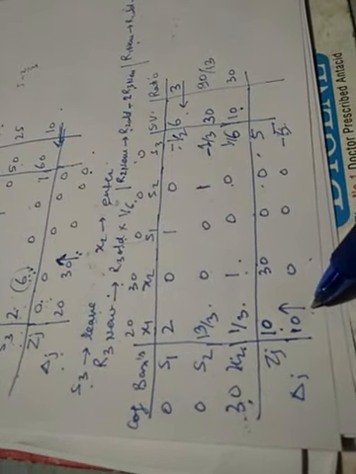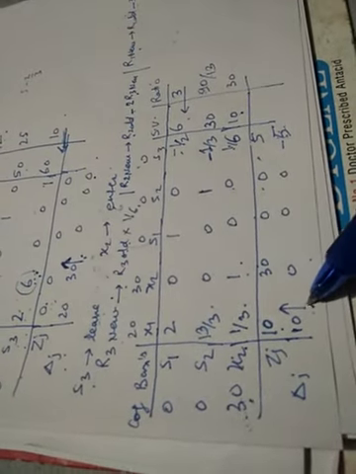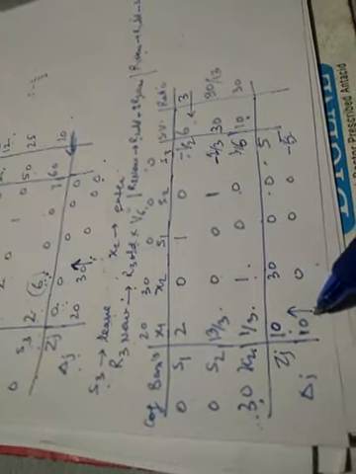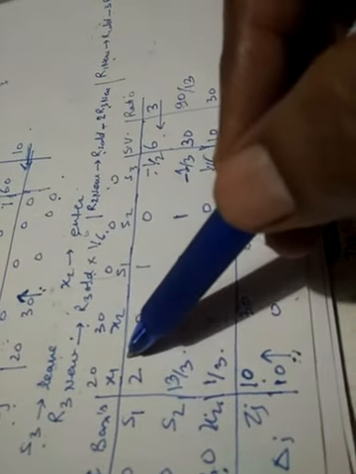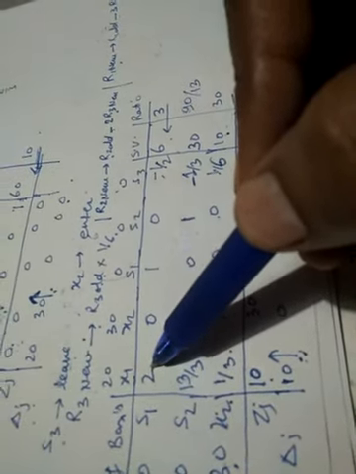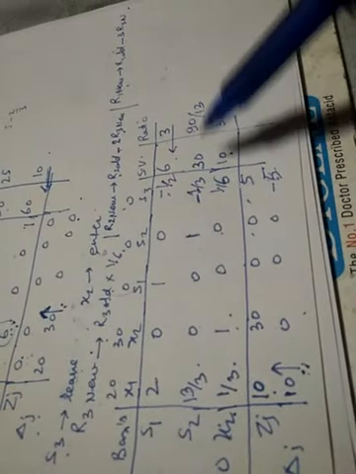So again now we will write improved solution. So here it will be key column, because this is the only column which is having positive value. So this will be the key column. Now we will identify key row by taking ratio of these values with the corresponding values in the key column. So 2 by 6, 3, 30 upon 13 by 3, 90 by 13, 10 by 3, 30. So minimum ratio is this. And this is the key element.